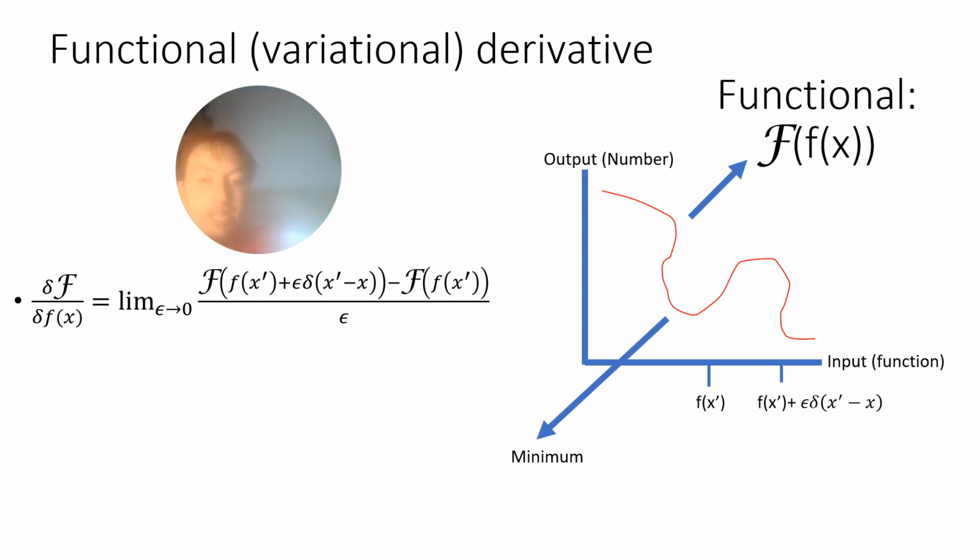Because what this delta function is doing in our variational derivative here is it's essentially creating a tiny spike. And as we find the limit, as epsilon goes to 0, this spike is going to get smaller and smaller and smaller,